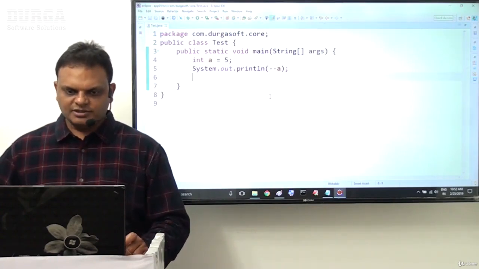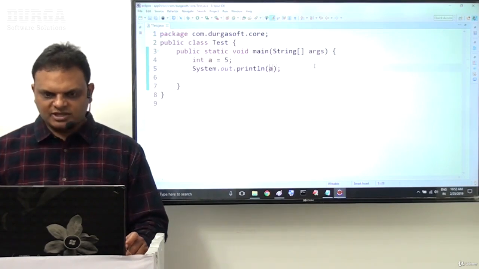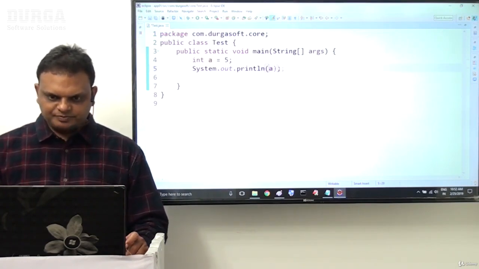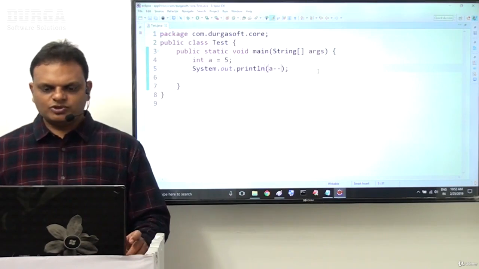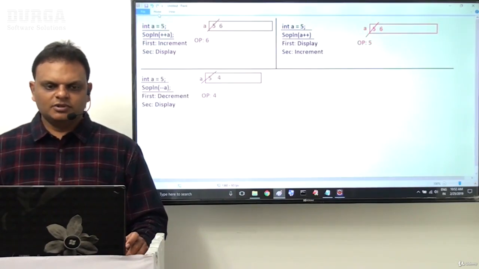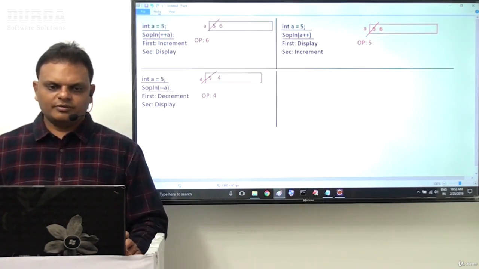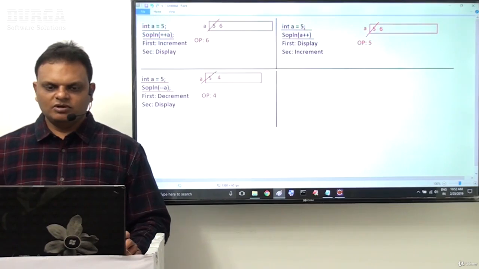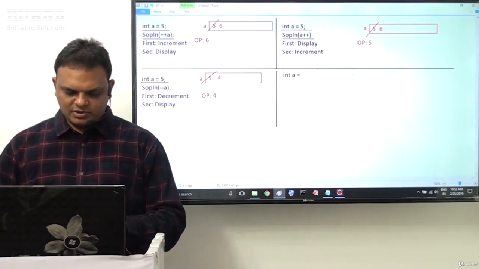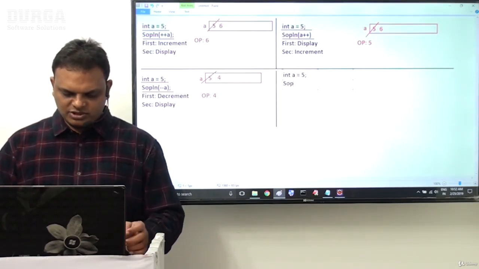Next, after that I'll go for post-decrement. Another one, post-decrement. If you perform this post-decrement, what is going on here? What exactly is the process going on in the case of post-decrement? Here we have int A is equal to 5.